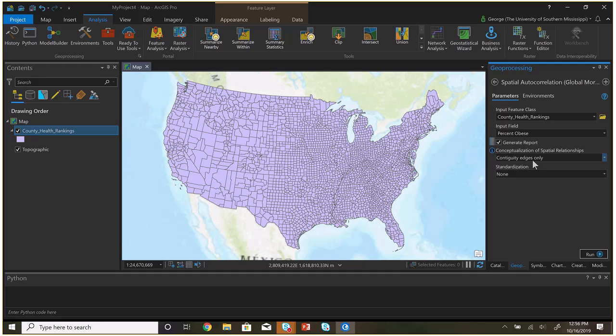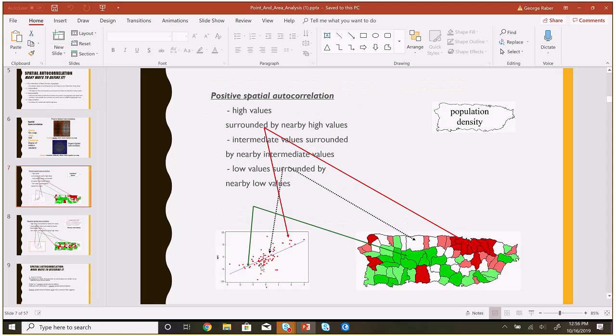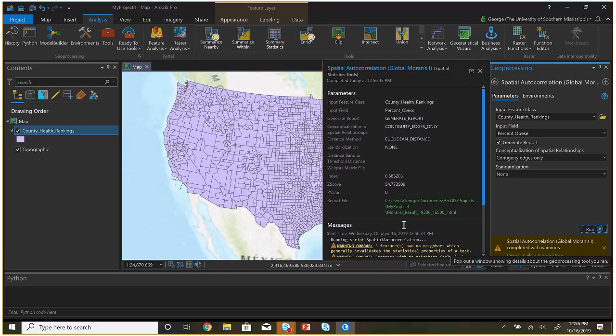Do you think that they're random, spread out in space in the United States? Or do you think that it's clustered in certain areas? Clustered in certain areas, right? So this is by county. These are county data. So I'm going to run this, and if I do edges only, in other words, I'm only counting pairs, I'm only building my scatter plot with neighboring values, next door values,